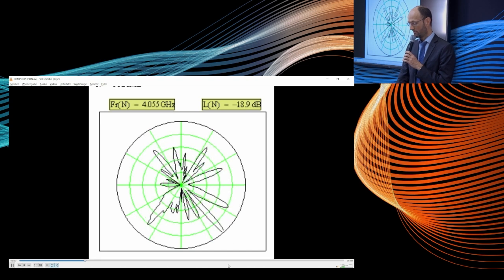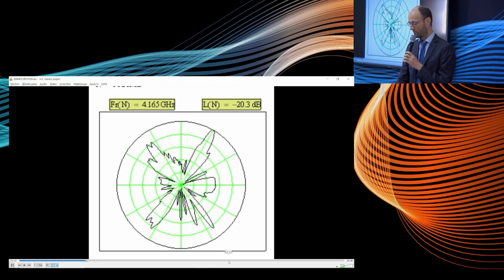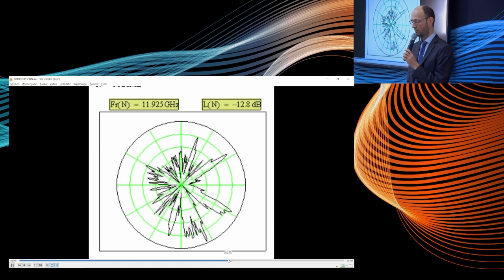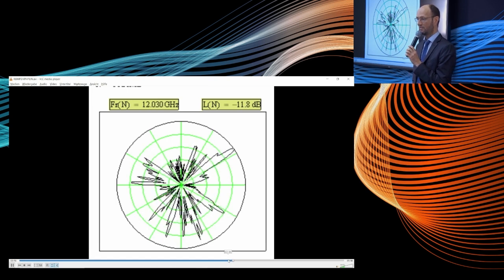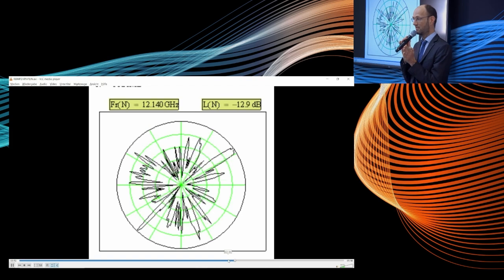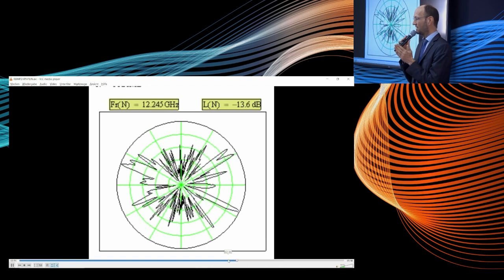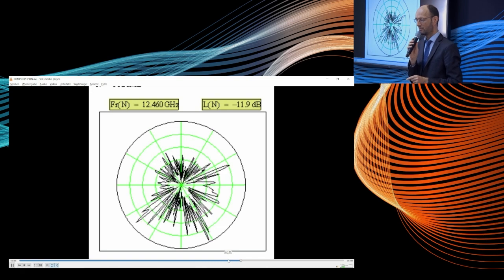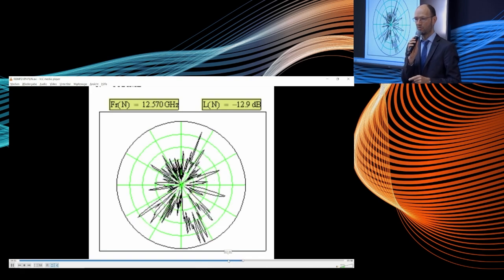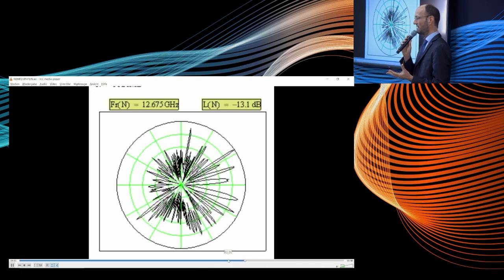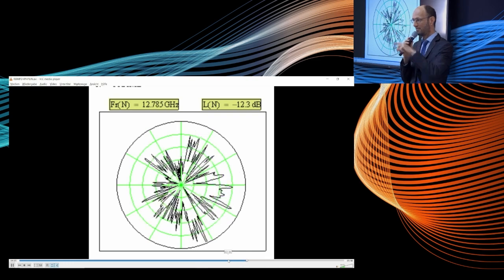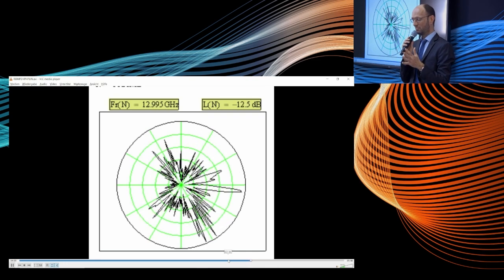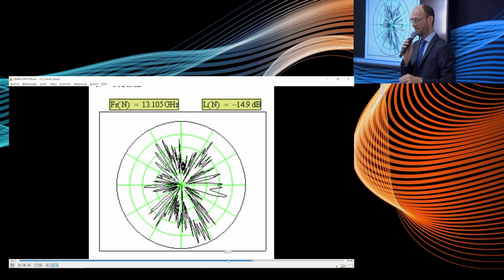And another problem is, if I move forward a little bit in the video and go to higher frequencies, so now we are at almost 12 gigahertz, you see that the radiation lobes get narrower and narrower, almost pencil-like. The radiation pattern looks a little bit like a hedgehog. Because it's an unintentional radiator, these lobes approximately all have the same size, but still it's difficult to find the maximum.